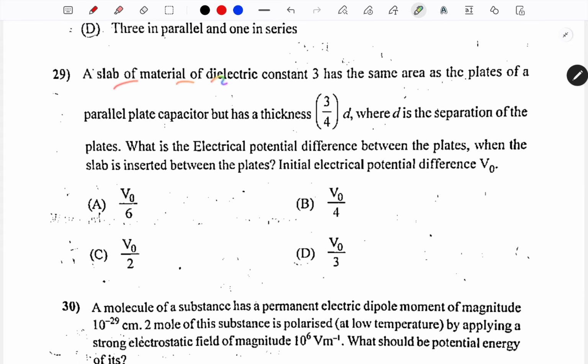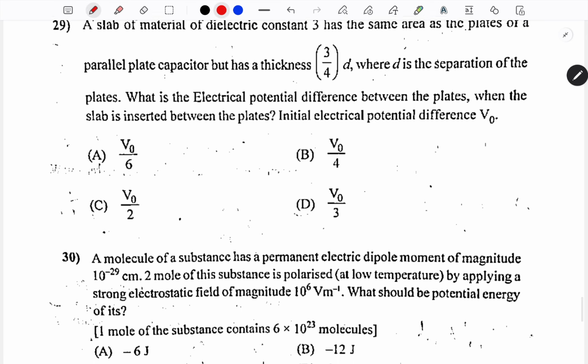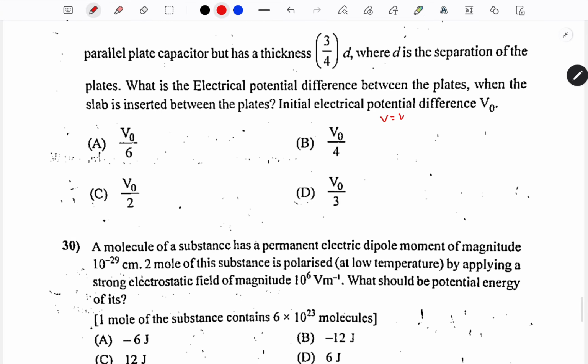A slab of material of dielectric constant 3 has the same area as the plate of a parallel plate capacitor, but the thickness is 3/4 of the separation of plates, where D is the separation of plates. What is the electric potential difference between the plates when the slab is inserted between the plates? Actually, this question is the last illustration of the textbook exercise, but we will solve it. V is equal to V1 plus